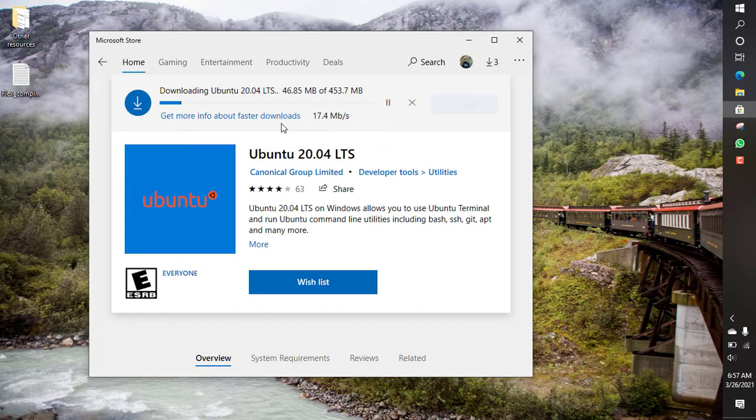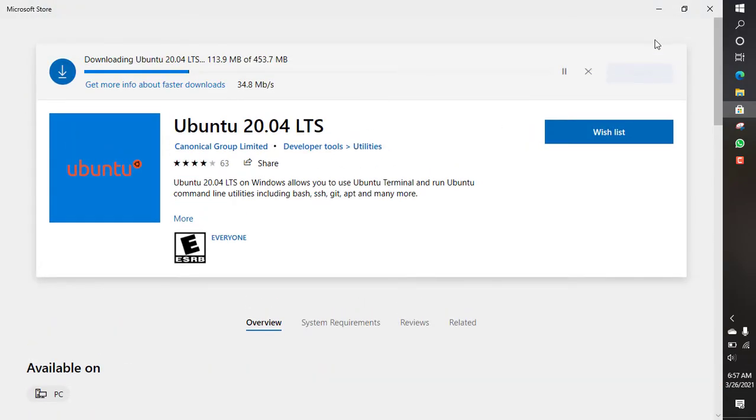So first we need to install Ubuntu by clicking on Microsoft Store, clicking on the search box and typing Ubuntu, then clicking on Ubuntu 20 and clicking the install option. So now it's downloading on my PC. So after a while